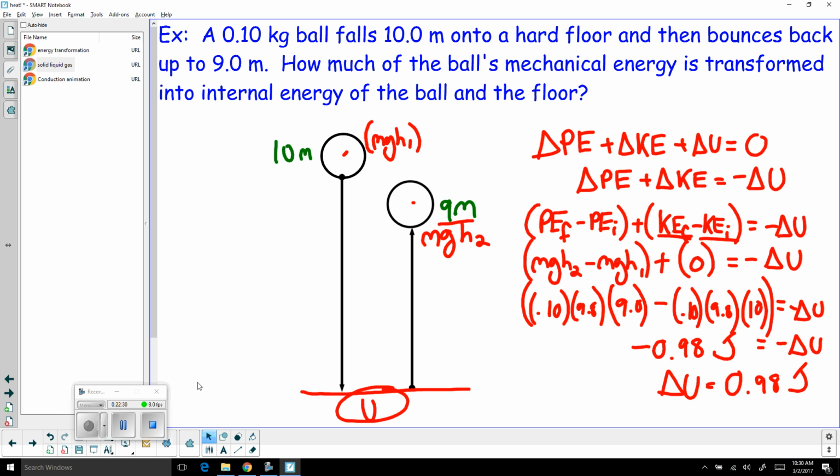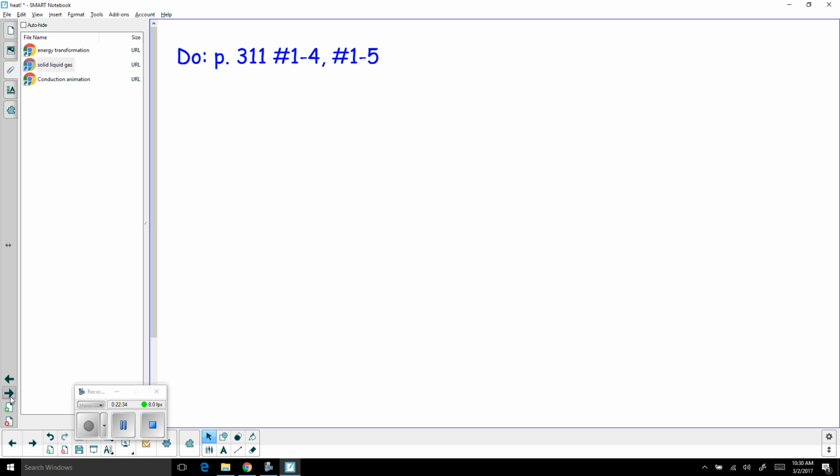You're going to practice more of these problems, and the practice is on page 311, numbers 1 through 5. Numbers 1 through 4 are computational questions. Number 5 is a conceptual question, kind of like the discussion questions you answered on Schoology. Scroll back through this video, highlight notes that are important, especially the last equation. Also make sure that you've answered your 3 Schoology questions on the discussion page,